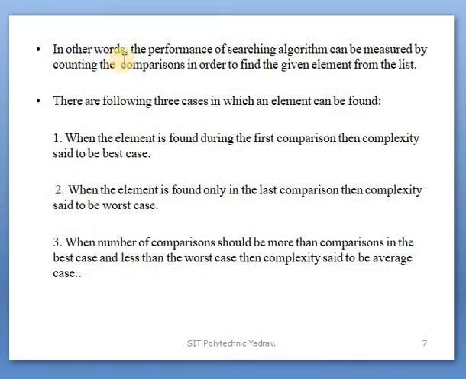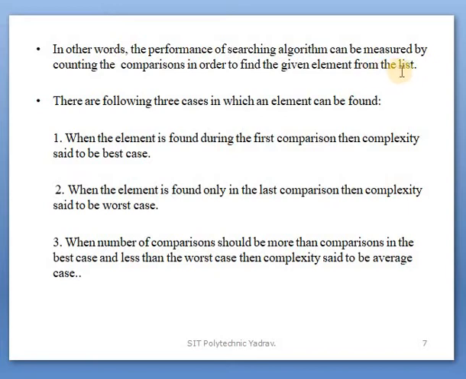In other words, the performance of a searching algorithm can be measured by counting the comparisons in order to find the given element from the list. Clear? Performance of a searching algorithm is measured by counting the comparisons needed to find the given element from the list.